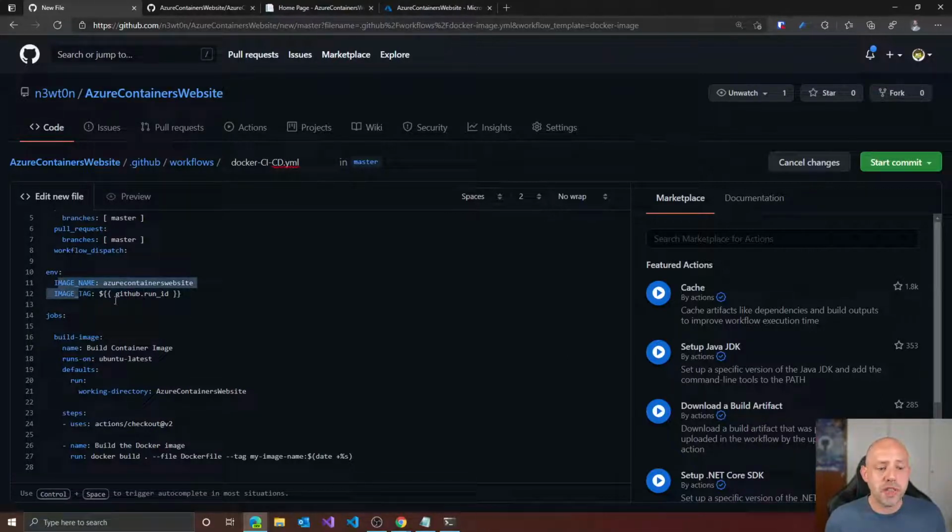The reason why I'm using the variable in the environment variables is that I want to be able to reuse those values through my workflow. So all I have to do in here is change these to be $image_name, colon, $image_tag. And this basically will reuse the value we have in our environment variables